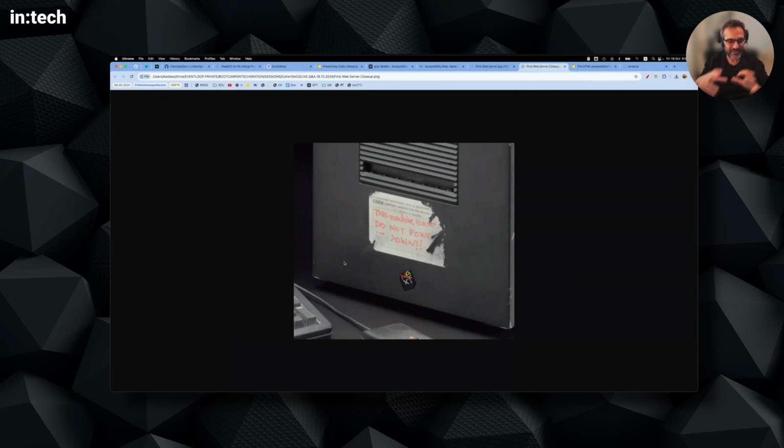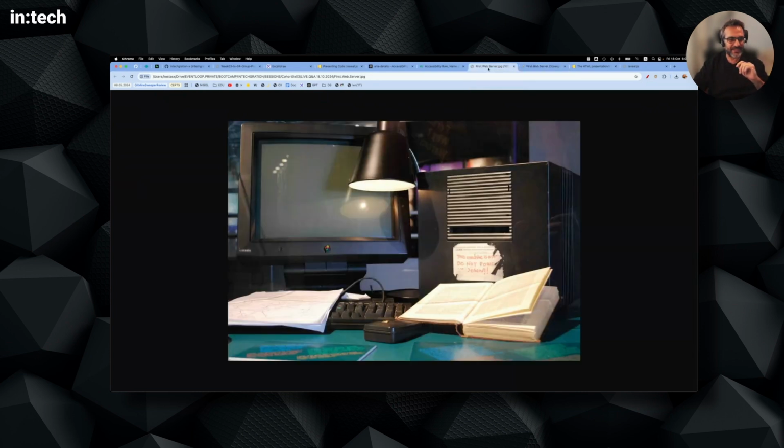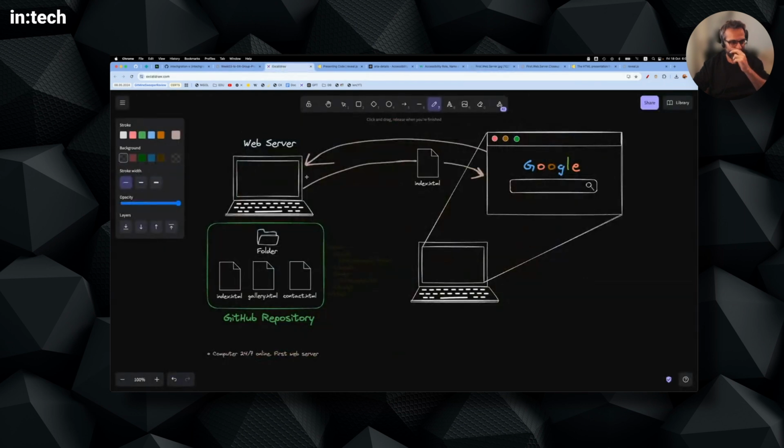Never power down. This should always be running. So this is the first web server. So that's the idea behind a web server. You request a page, an HTML, from a web server. You get back an HTML, which is of course